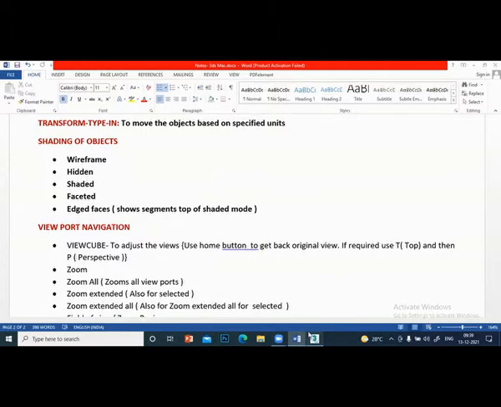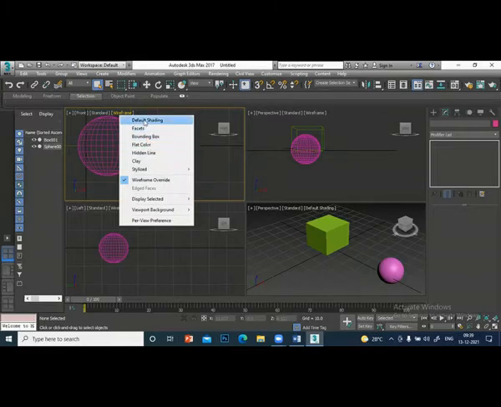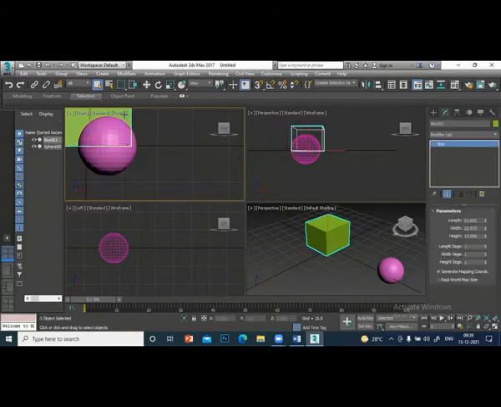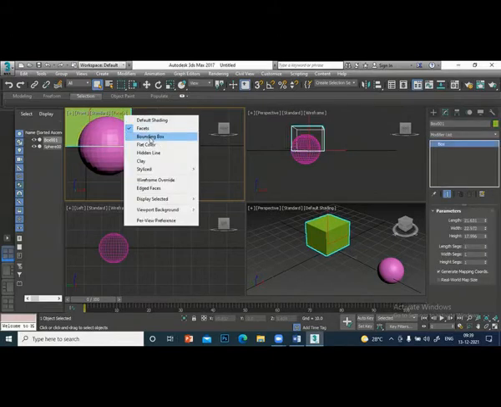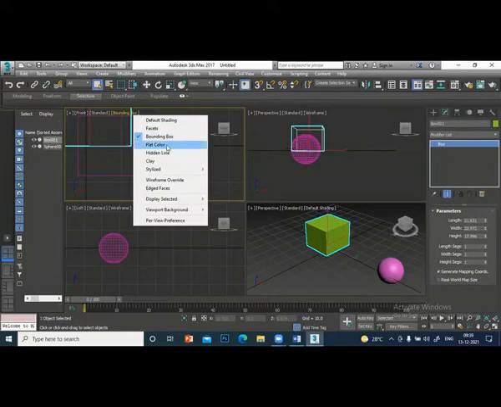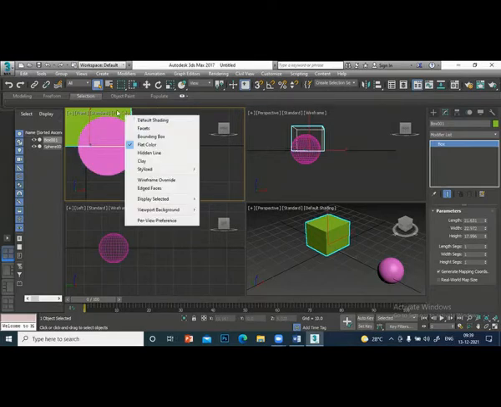Let me show you. So how will you get that? You go here and see here the viewport, last one, click that one and you will have different options here. Faceted, you see the faces. This is just a box only you will see, not very useful. Flat color means there is no proper color. You will not see that effect properly. All these things you can get from here.